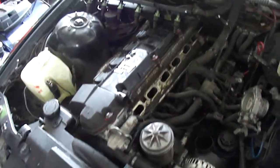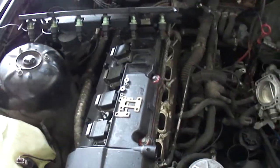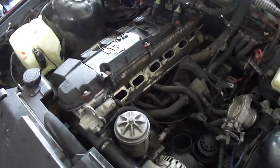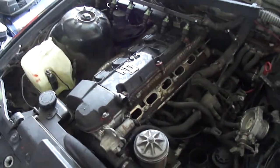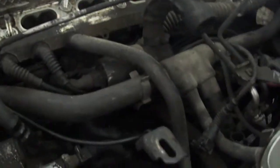Alright, so the disassembly went pretty fast. All I needed to do was disconnect the fuel injector rail, which only holding it on was two 2mm bolts, and then the intake manifold, all that was holding it on was 8 11mm bolts. It looks like whatever this solenoid is, it runs into this massive vacuum